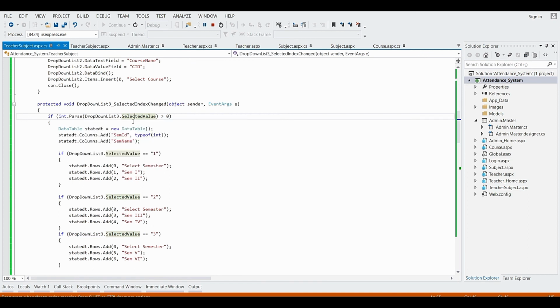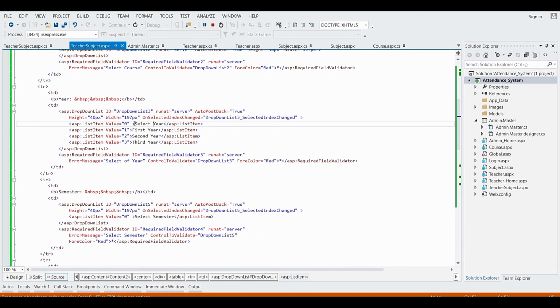First of all I am taking that selected value and converting it into integer, and checking that the id should be greater than 0. Why? Because at the 0 index I have given "Select", which is not present in our table, which is not in use, so that is why we are not considering this value 0, that is "Select".